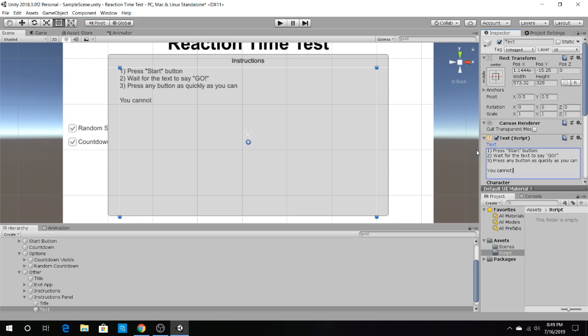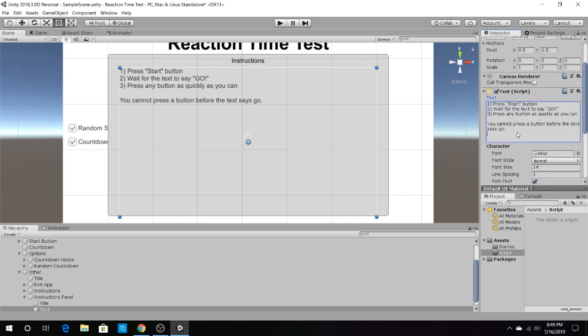You cannot press a button before the text says go. If you can also say